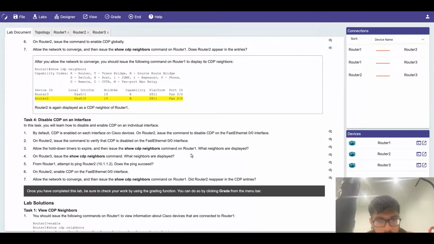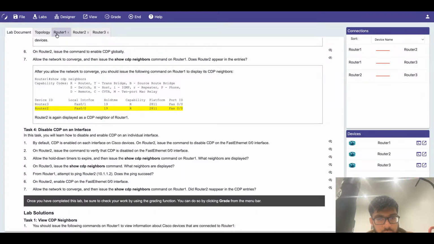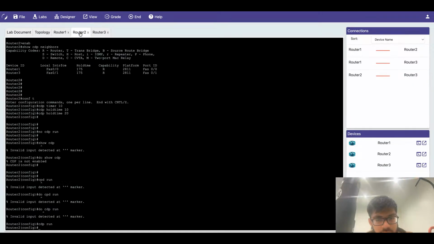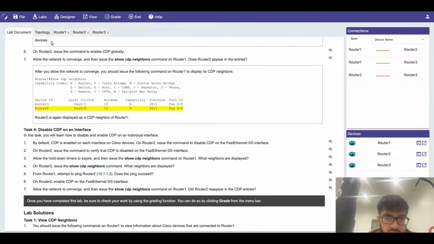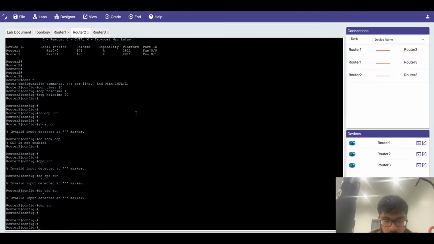On router 2, issue the command to disable CDP on the FastEthernet 0/0 interface. So we need to disable CDP on the FastEthernet 0/0 interface. How would we do that? We don't want that to take part in CDP anymore. So remember, CDP run and no CDP run are global, to enable and disable globally. Per interface is CDP enable. Run is global, enable is used on a local interface basis. So what we need to do is CDP